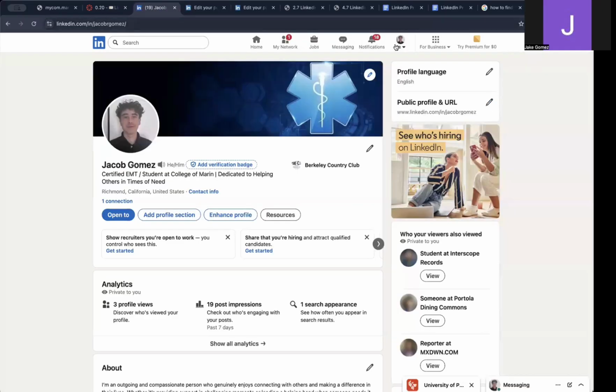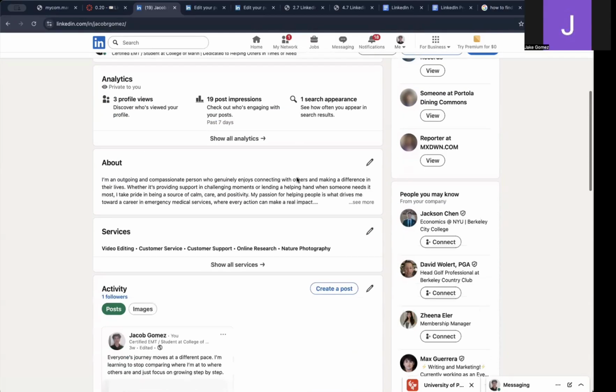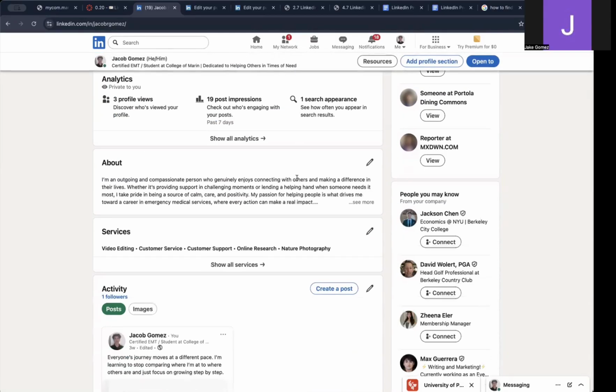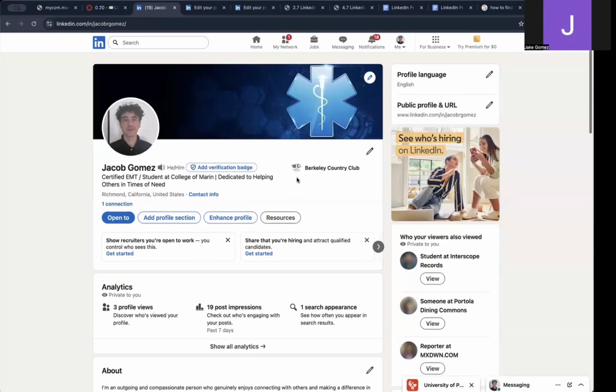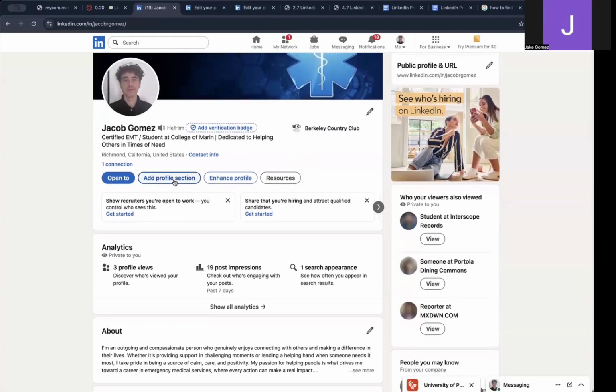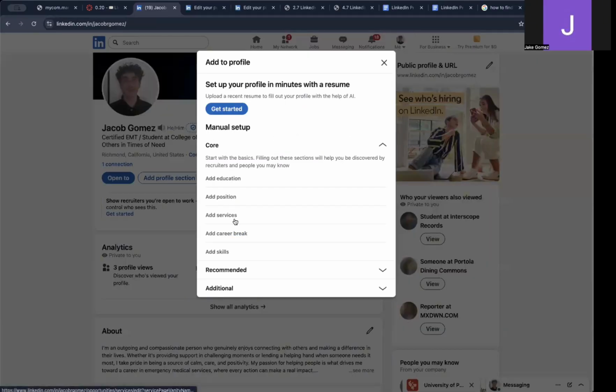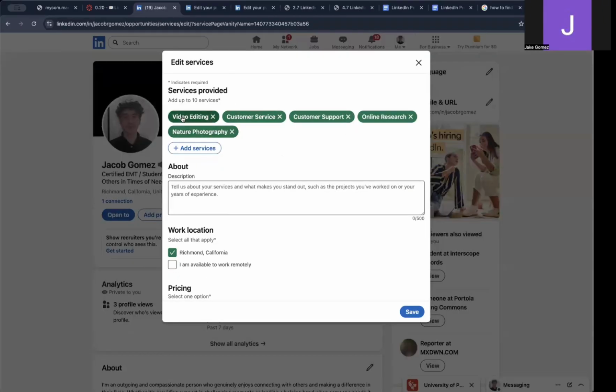So we are going to go back to our profile and we are going to, oh, Add Profile Section right here. And then you would press on Add Services. So as you can see, these right here are the ones that I already have. I have video editing, customer service, customer support, online research, and nature photography. It's kind of spread out, but